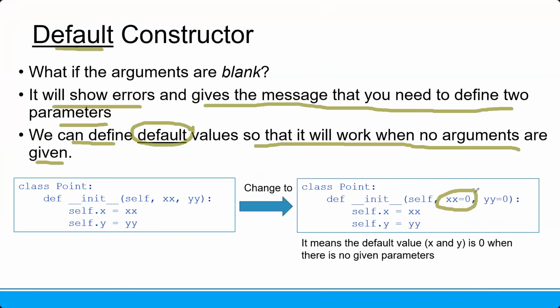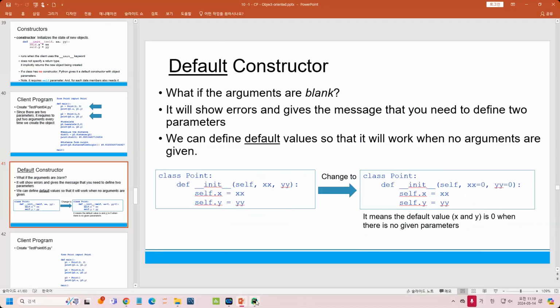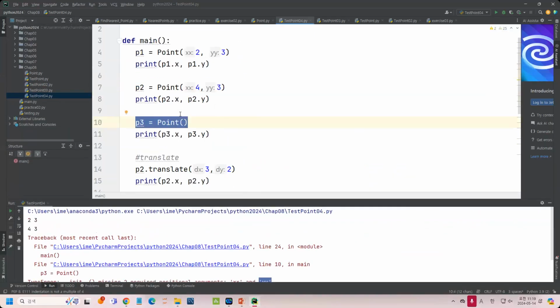In this example, I just give you x equal to 0 and y equal to 0. But of course, you can define any number. Let's say you want to define x equal to 5 or y equal to 3. That's possible. So if I put x equal to 0 and y equal to 0, it means the default value of x and y is 0 when there are no given parameters. So if I do not put anything, now let me get back to the